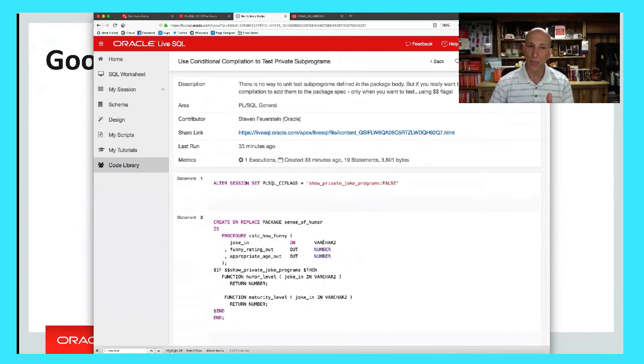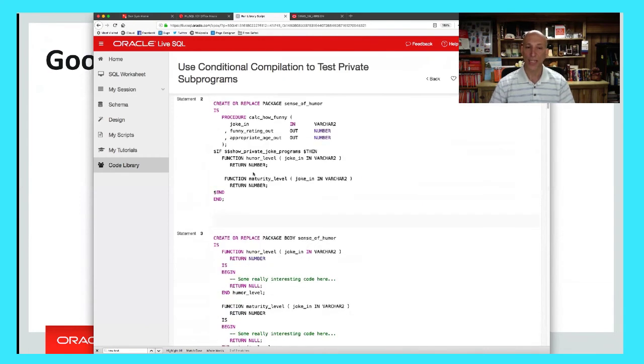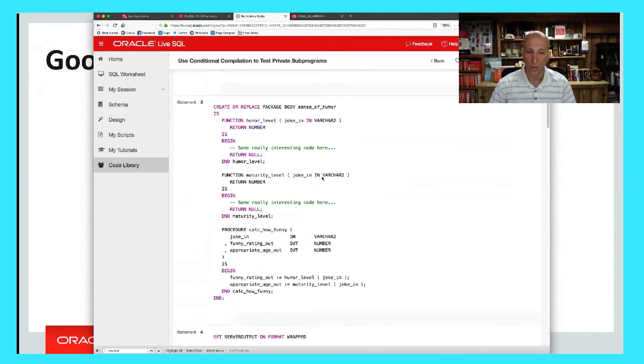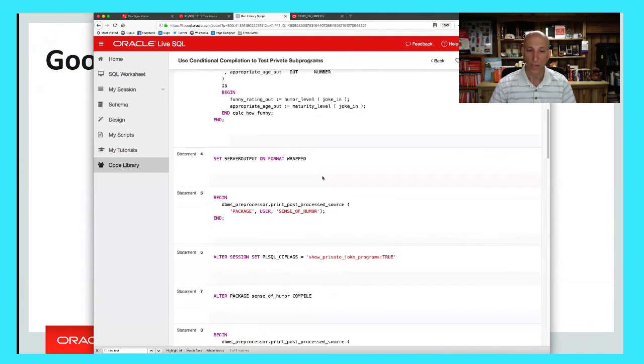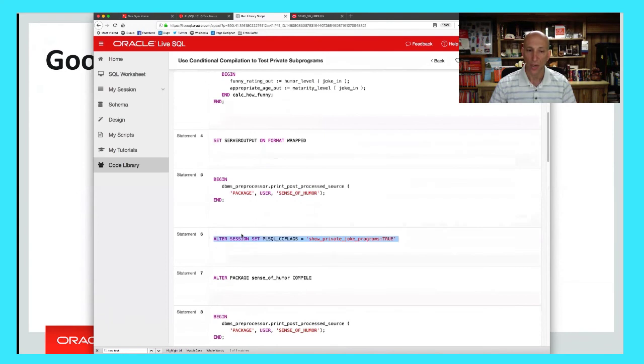Generally speaking, I can't directly test these subprograms. But with conditional compilation, I can say if I want to show my private joke programs, then when I recompile my package, those programs will now be in the package spec,